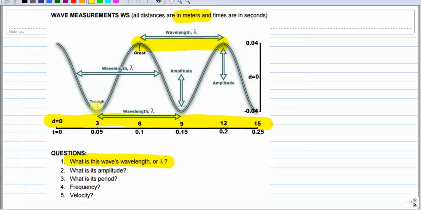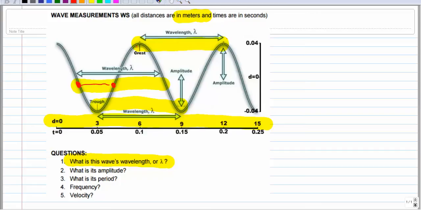Or if you wanted to, you could go from one trough over to the next. That would give you the same answer. I've even seen some kids pick a spot right here, and the wavelength would be all the way to right there. That's fine, but usually I caution kids to just pick crest to crest or trough to trough, because if you pick a spot like this one,